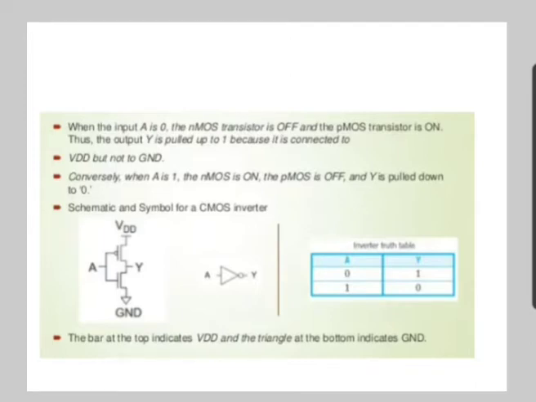The rise time and the fall time are different for the same size PMOS and NMOS transistor. The fall time is faster than the rise time. Therefore, if we require approximately the same rise and fall time for an inverter, we have to make beta n by beta p equal to 1. That is, the channel width of the PMOS must be increased to approximately 2 to 3 times that of the NMOS device.